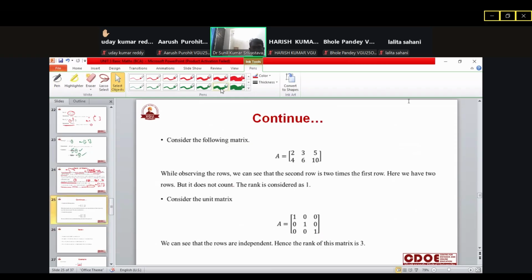अब यहाँ पे देखो, कंसीडर द एग्जांपल हियर। 2 3 5, 4 6 10. While we are observing the rows, we can see the second row is two times the first row. यानी जो सेकेंड रो है, उसमें फर्स्ट का टू टाइम्स लिखा हुआ है। इसका मतलब ये है कि इनको दो नहीं, हम एक काउंट कर सकते हैं, क्योंकि अगर इसको माइनस करें, तो रो पूरी की पूरी जीरो हो जाएगी, है ना। A equals, ये हो जाएगा 2 3 5, और अगर R2 - R1 कर रहे हैं, तो ये 0 0 0 हो जाएगा। अब यहाँ पे क्या मिला, एक रो पूरी जीरो हो गई, एक रो नॉन जीरो है।